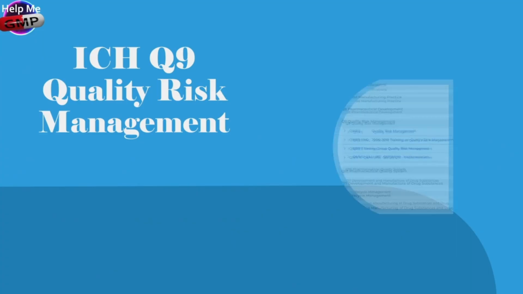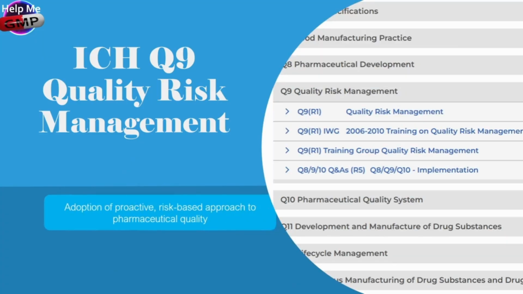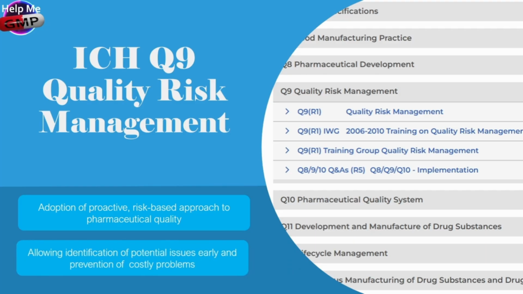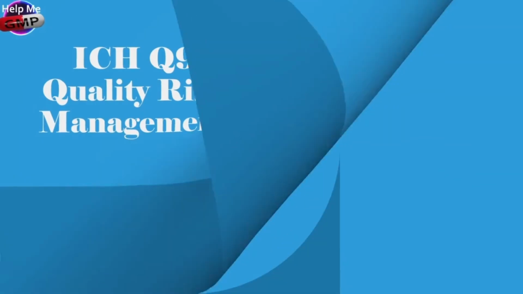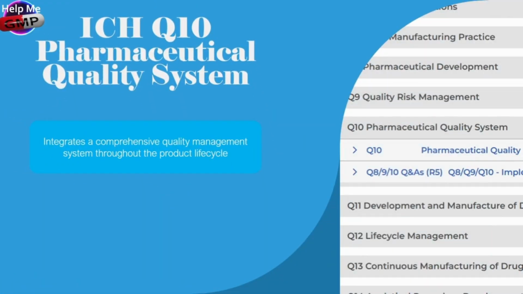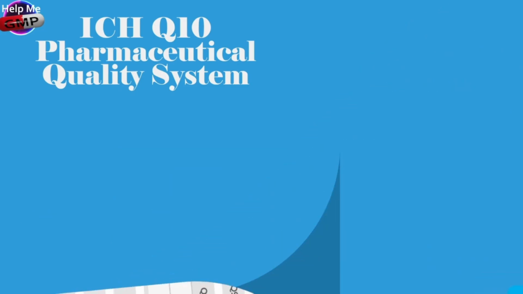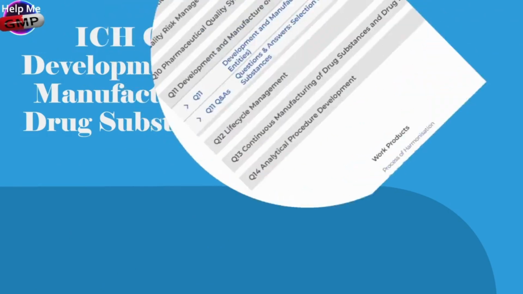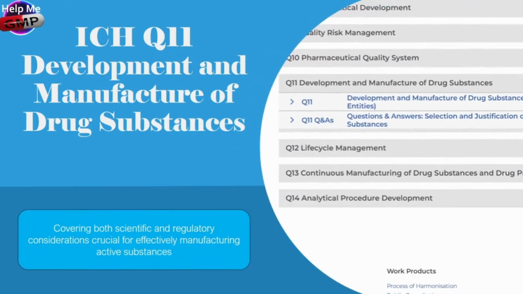With Q9, quality risk management principles are required. A risk-based approach to pharmaceutical quality, allowing you to identify potential issues early and prevent costly problems later on. Q10, Pharmaceutical Quality System, integrates a comprehensive quality management system throughout the product lifecycle, from initial development right through to production and distribution. Q11 addresses the development and manufacture of drug substances, covering both scientific and regulatory considerations crucial for